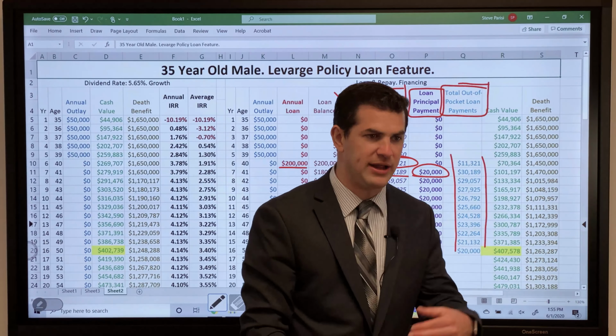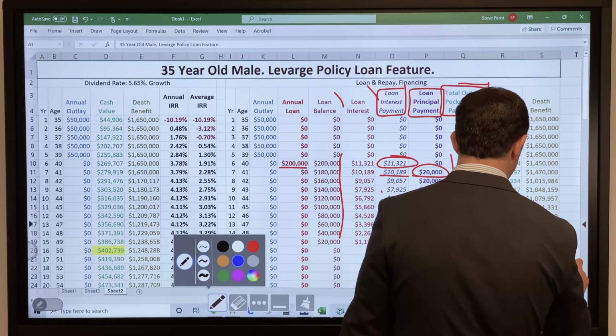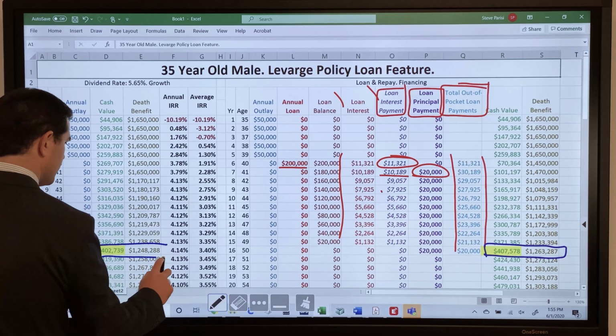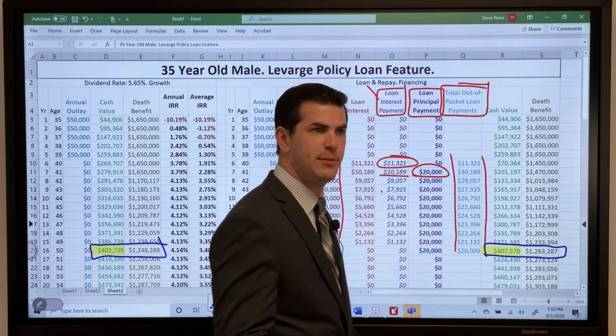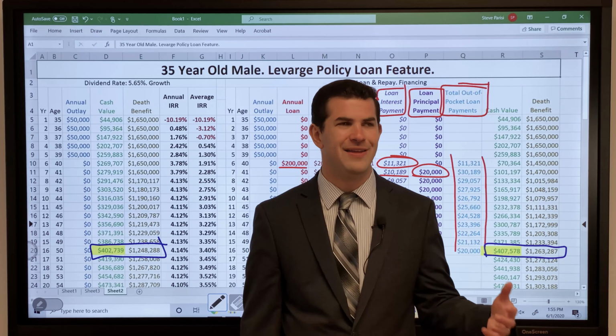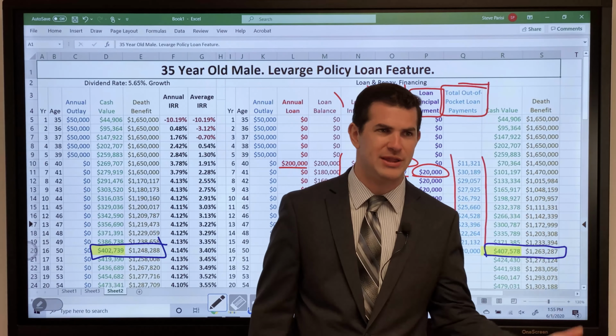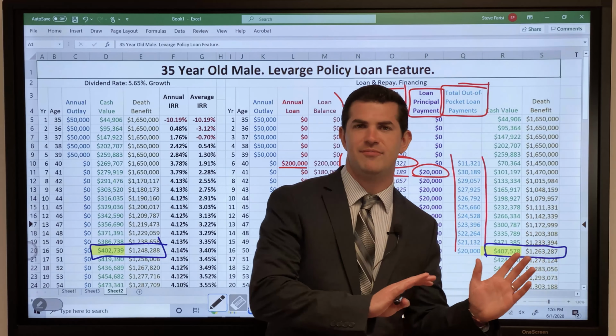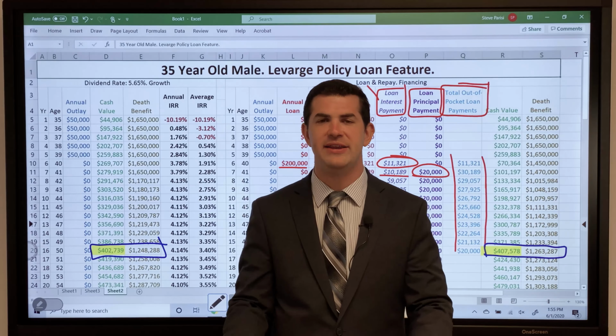As a result, less interest accrues naturally. Here's the main thing to look at. When that loan is paid off, what do you notice here? The cash value and death benefit a little bit stronger on the borrow and repay example. That has to do with the direct recognition treatment. They credit us a higher dividend on borrowed funds. Not going to get a whole lot into detail on that.